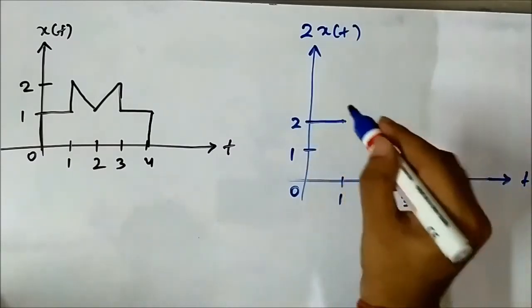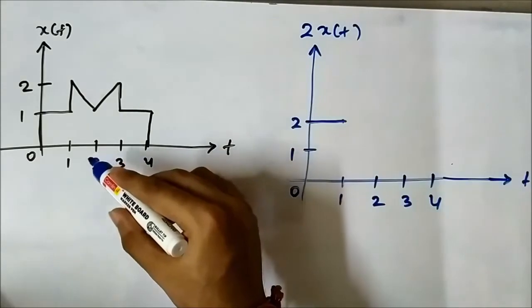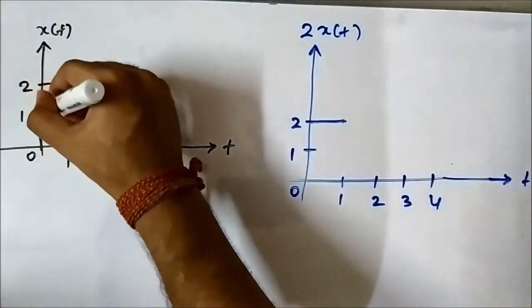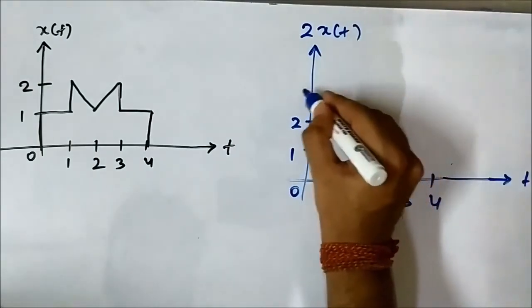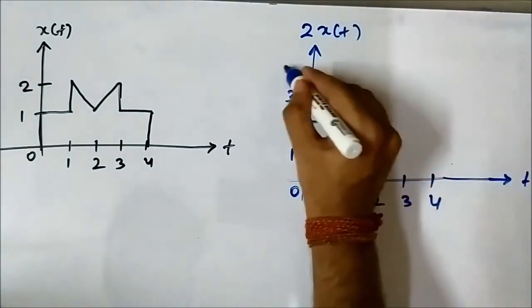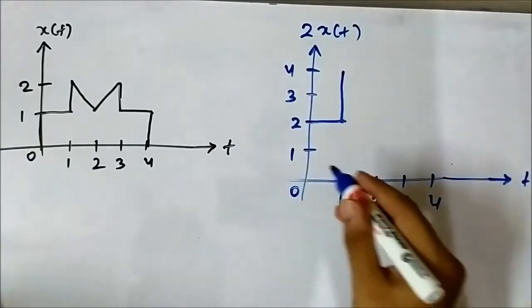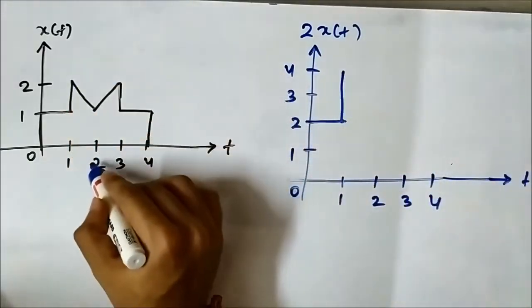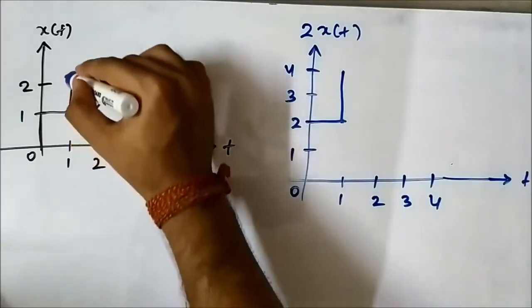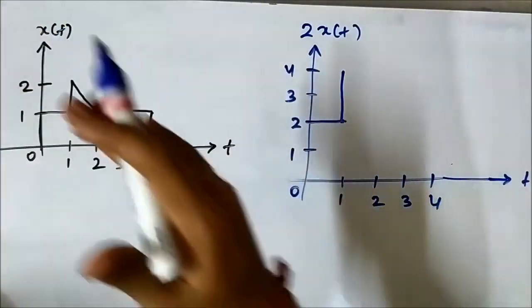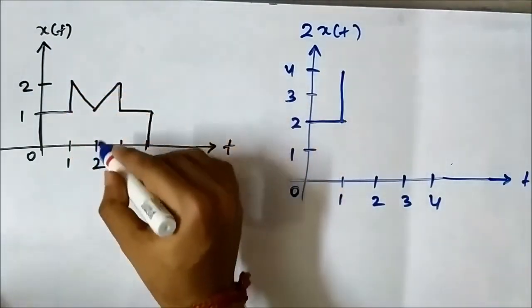At this point there is an upward rise from 1 to 2, so here it will be from 2 to 4. Again at t equals 2, there is a downward decrease with a certain slope, and at